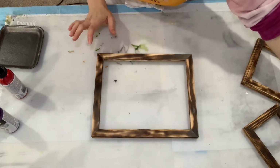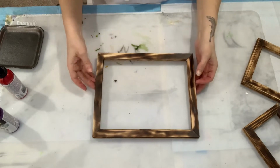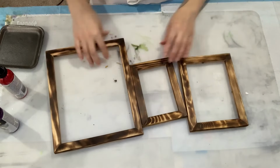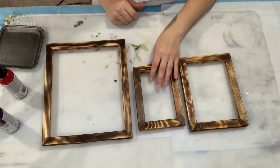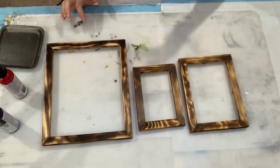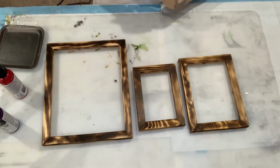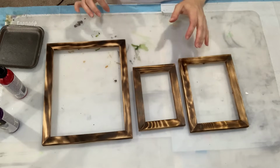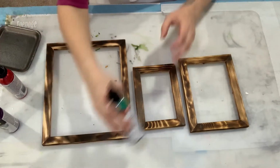That is it for the fire portion of our program. So there's that, and there's that. They'll look kind of cool as they are. Probably leave some plain, but that's not what I'm doing right now. So I'm gonna give my thumb a little break, and then I think I'm gonna do all this color because